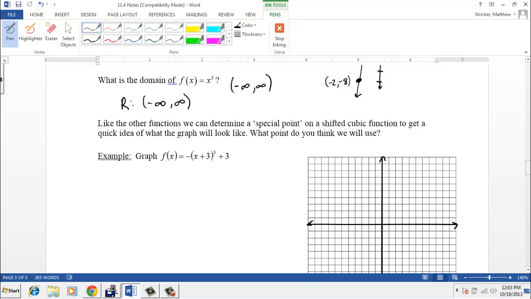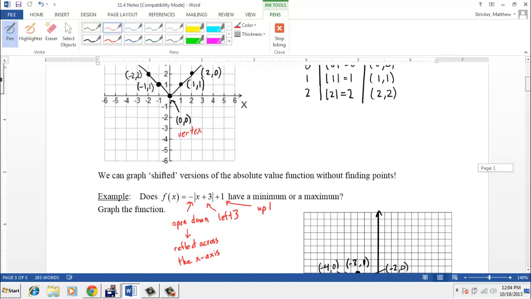Okay, so we can talk about shifting here again. We don't just have f of x equals x cubed. We know it's going to have that shape, but this particular graph is shifted to a new place. Again, right next to the x, it's a plus 3, which means we do the opposite. We go left 3, and then outside the cubic part, we have a plus 3, which means we go up 3. And then here, since this isn't really a graph that opens up or down, we want to go back to that